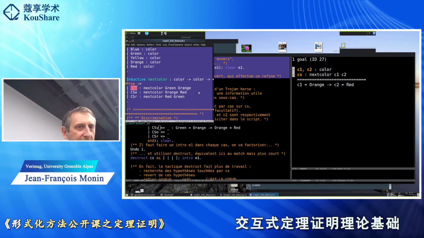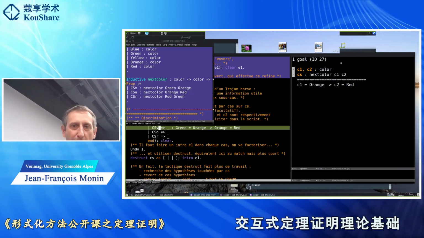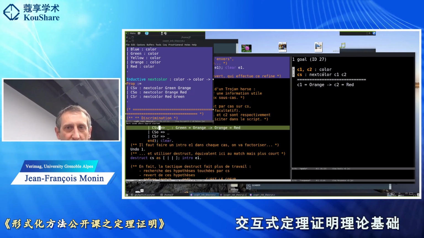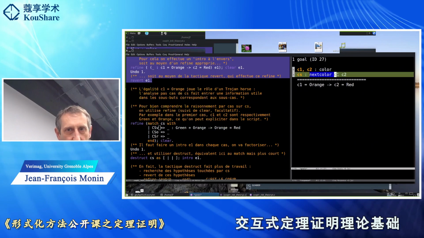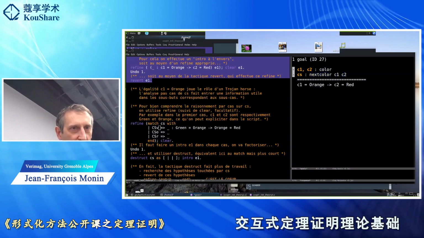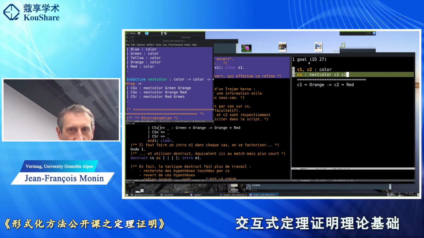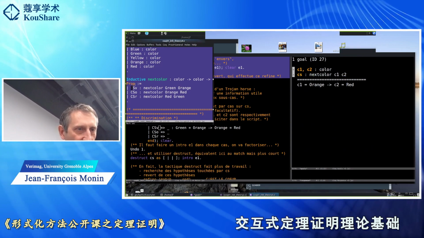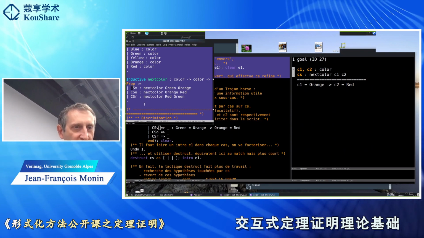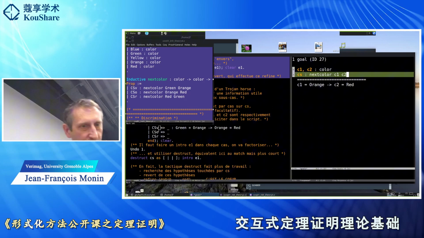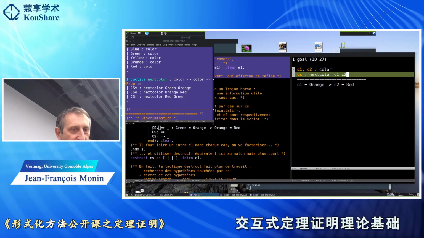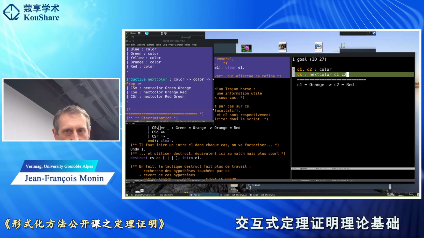Okay, it is exactly the definition of next color. Remember, we have a next color here, which is defined here. So you know that CS has to be either a CSV, a CSO, or a CSR. Three cases, and in the first case, for instance, CSV is a proof of